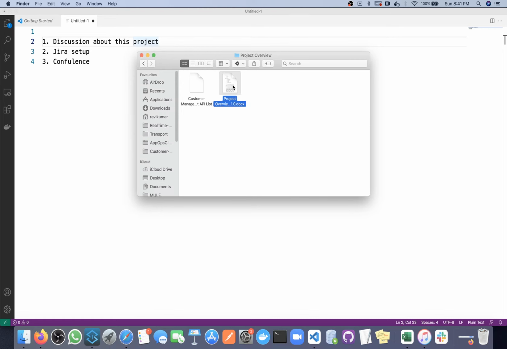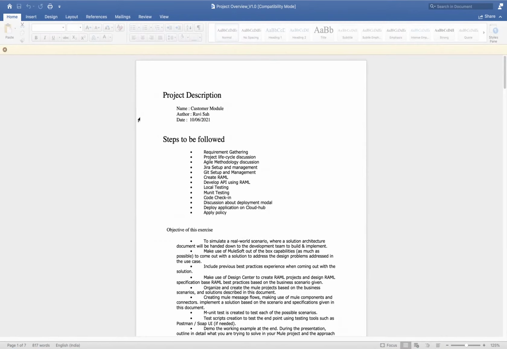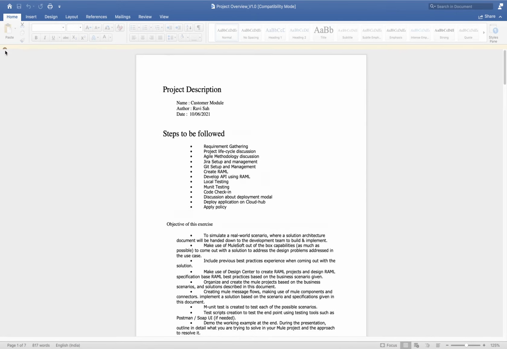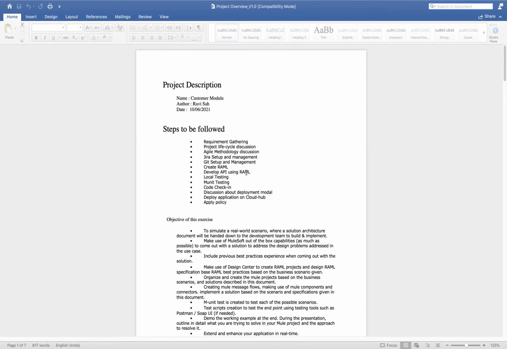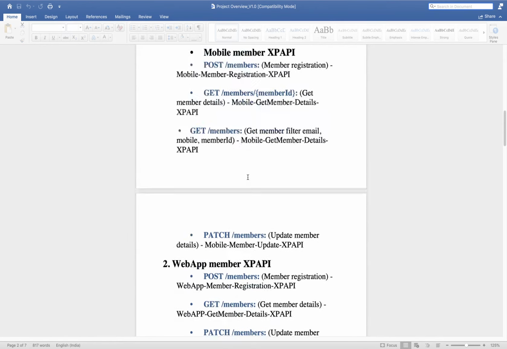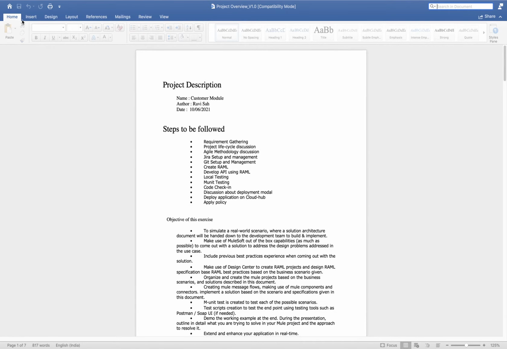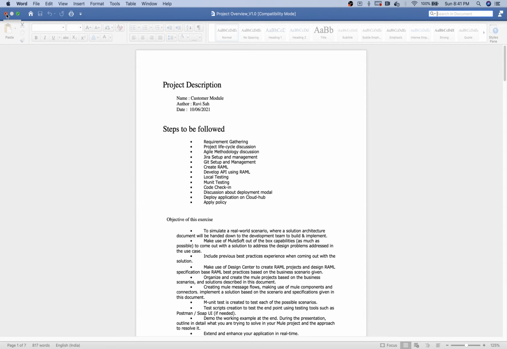Okay, now let me open this. Everyone can go and check whether you have access, whether you are able to see this document or not. Okay, 1 minute. Actually this document is not the perfectly correct one.